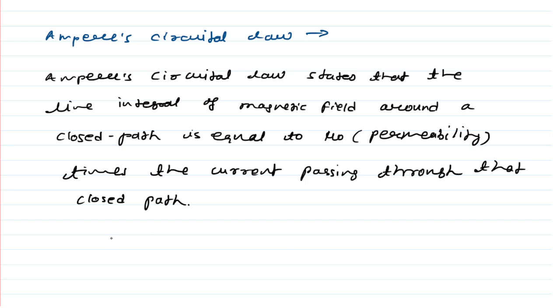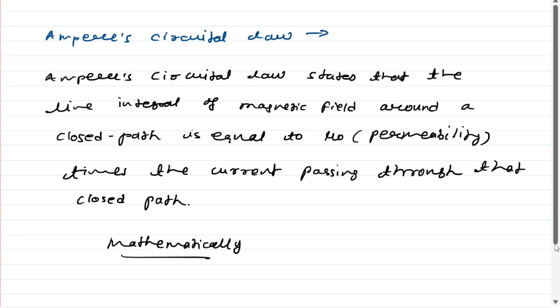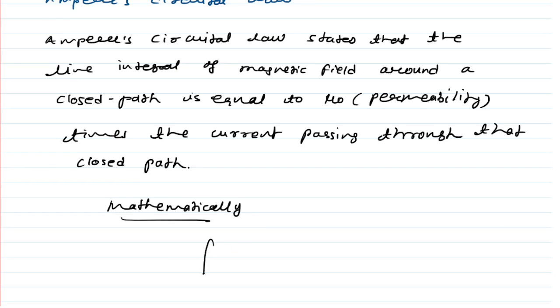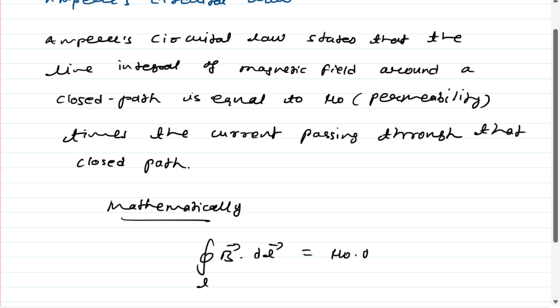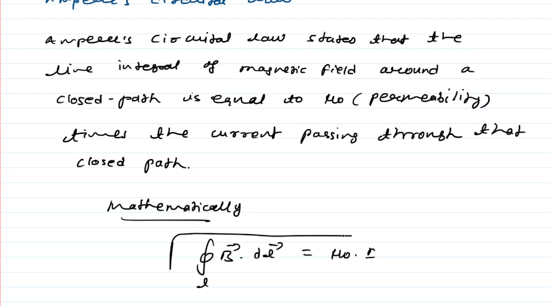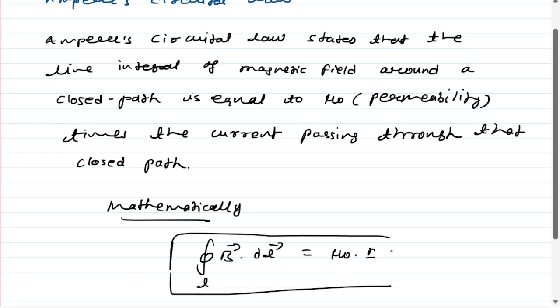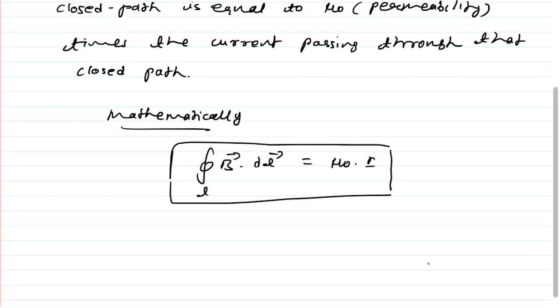Mathematically we can write the closed line integral of B dot dl is equal to mu naught into I, where I stands for the current which is passing through that particular closed loop. So now we are going to prove it. The proof of this is,